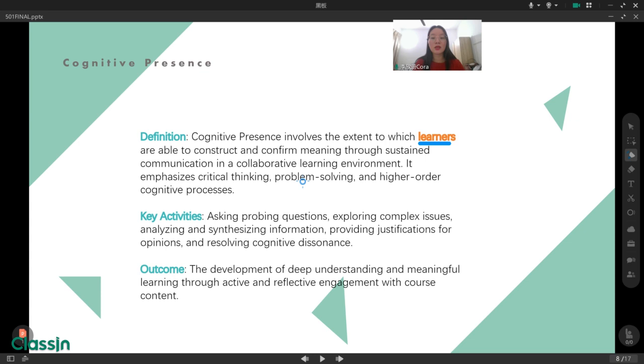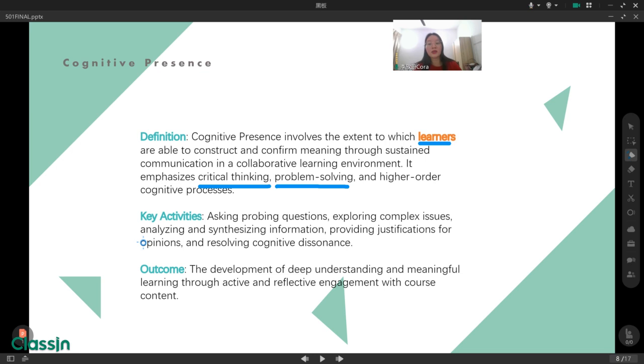In this part, the definition is that learners are able to construct and confirm meaning through systematic communication in a collaborative learning environment. It emphasizes critical thinking, which is the same as the aim of the whole model, and problem solving and other things.